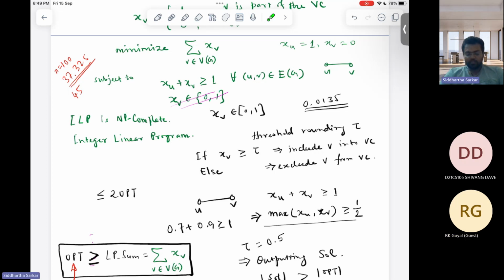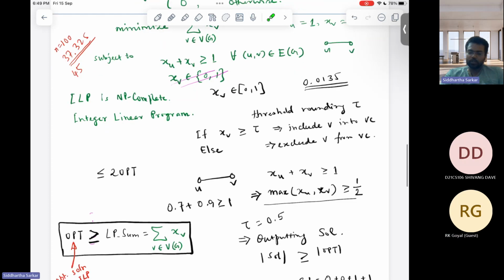So that number may be much higher than 37.325. It need not be the ceiling of 37.325. It could be higher. Okay. Right. But the thing is, if we have done the thresholding in this way, that for all vertices whose corresponding variable value is 0.5 or more,